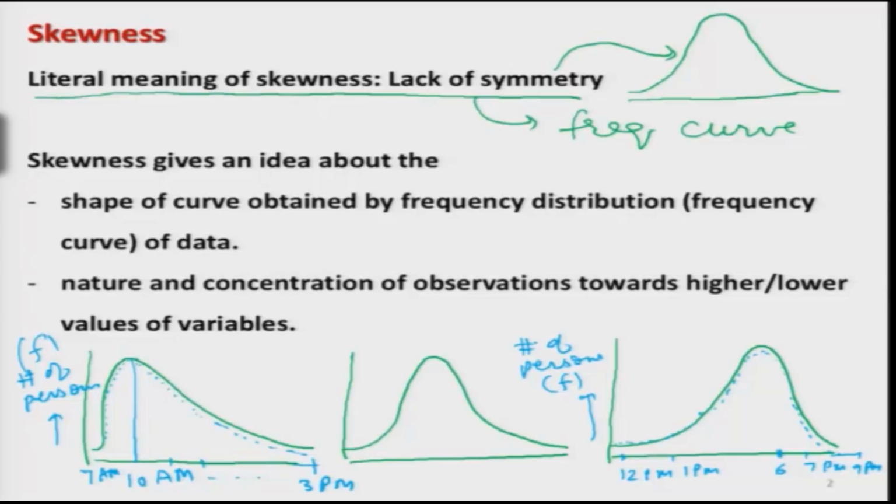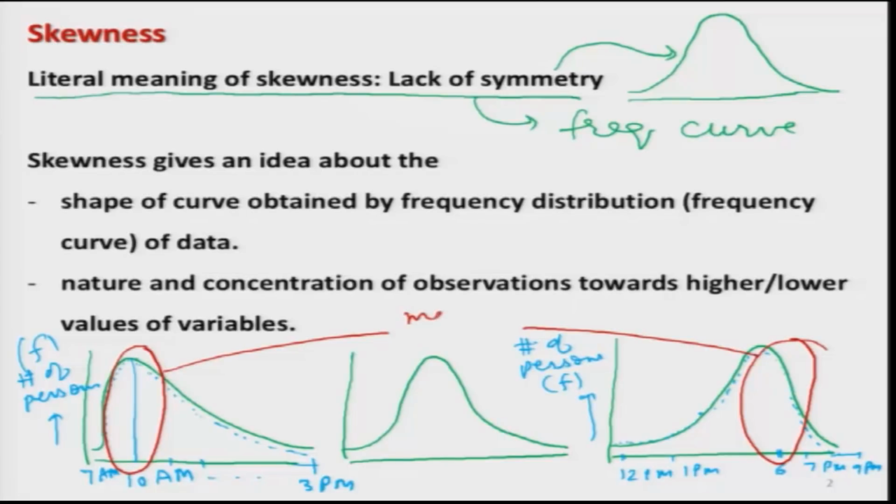You can see here more data is concentrated here in the first figure, and more data is concentrated on the right hand side in the last figure. So, these are the areas in red color where more data is concentrated. Now, if you try to take the third figure, you can see here in this case the curve is symmetric